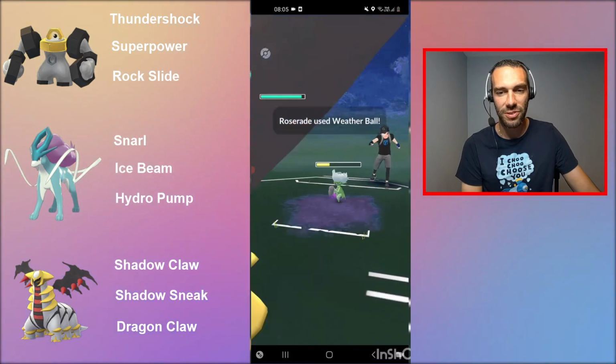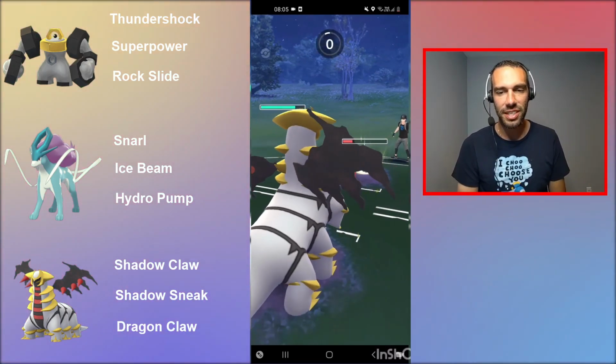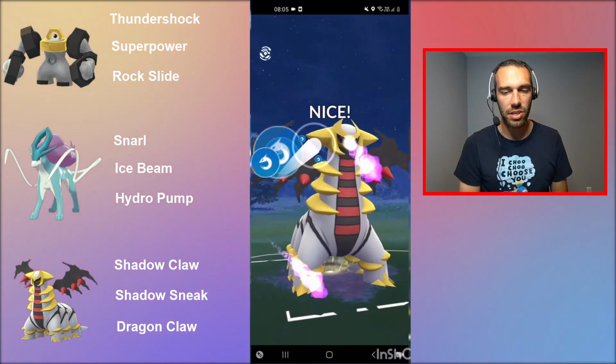I'm assuming they have some sort of leaf store. It's just a what? Oh, that's not going to do anything. So this is a sweet matchup. And Giratina, for those of you who haven't played Giratina Altered, going against it in the Master League is so